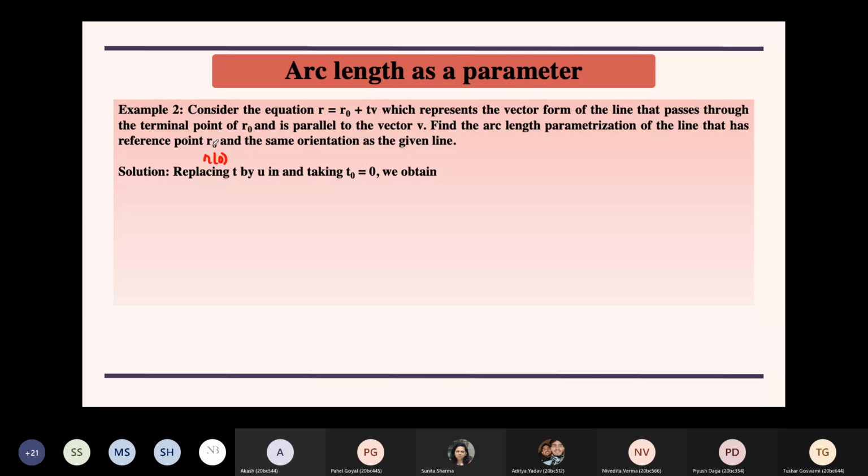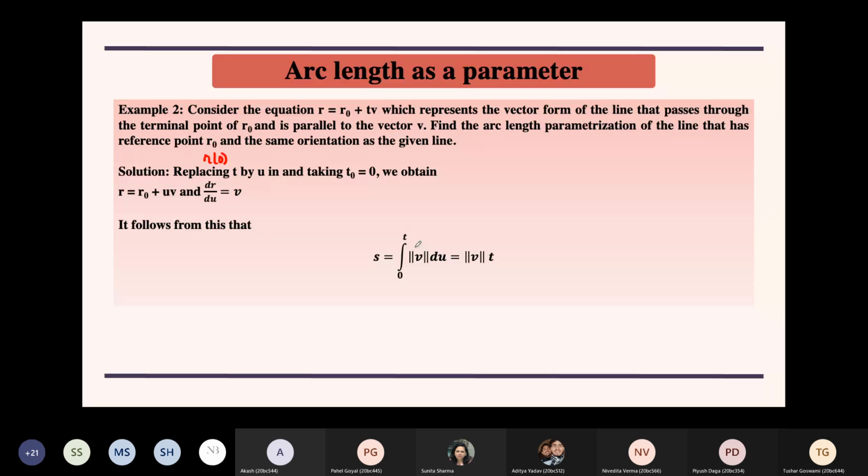So suppose we have it at t naught equals 0, then your R will be, in terms of u, R naught plus uv. Instead of t, we now take u, and we differentiate first with respect to u, so we get v. Then the relation is given by the integral from 0 to t. Now you have to take the norm here because we do not have the components explicitly given to us. We just have a general expression. So we will write it in terms of the norm of dr by du, which is nothing but the norm of v, integrated with respect to u.